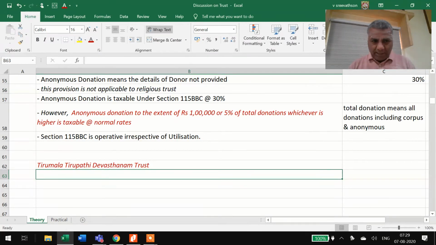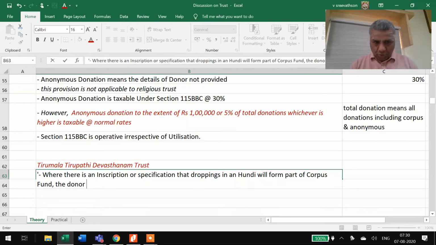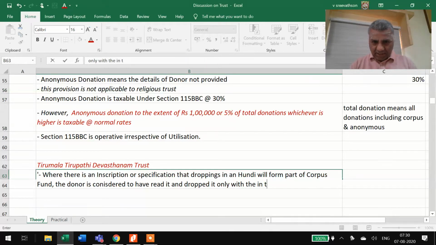Corpus trust only. Tirumala Tirupati, okay, where there is an inscription or specification that droppings in a hundi will form part of corpus fund, the donor is considered to have read it and dropped it only with the intention of